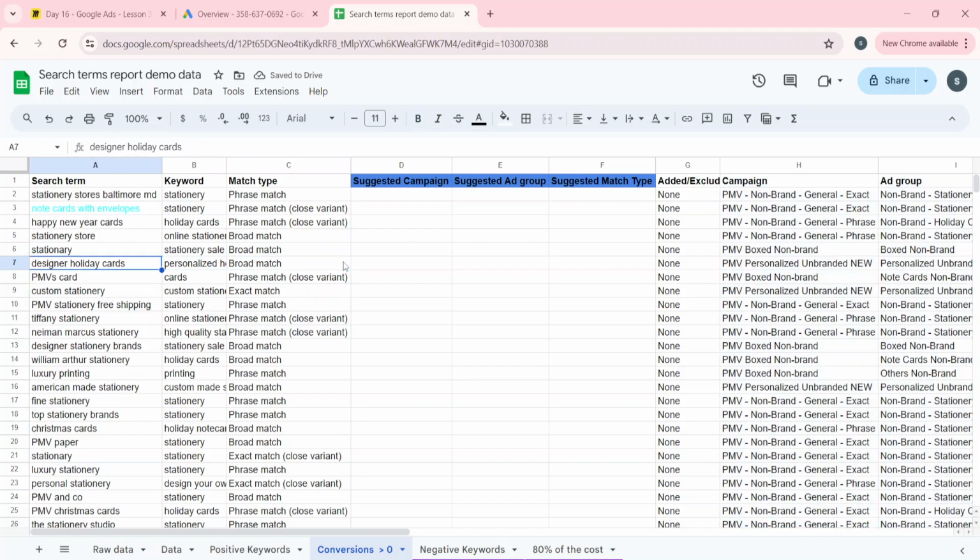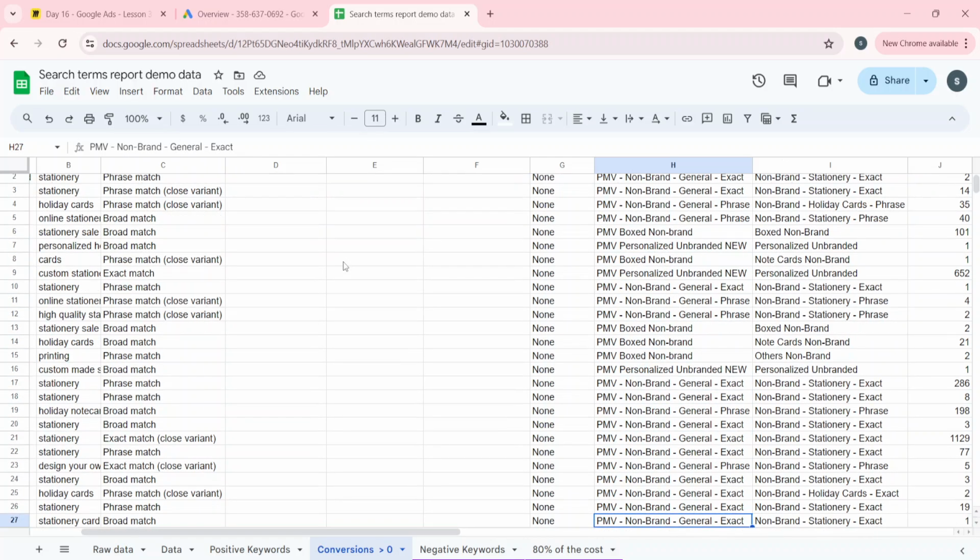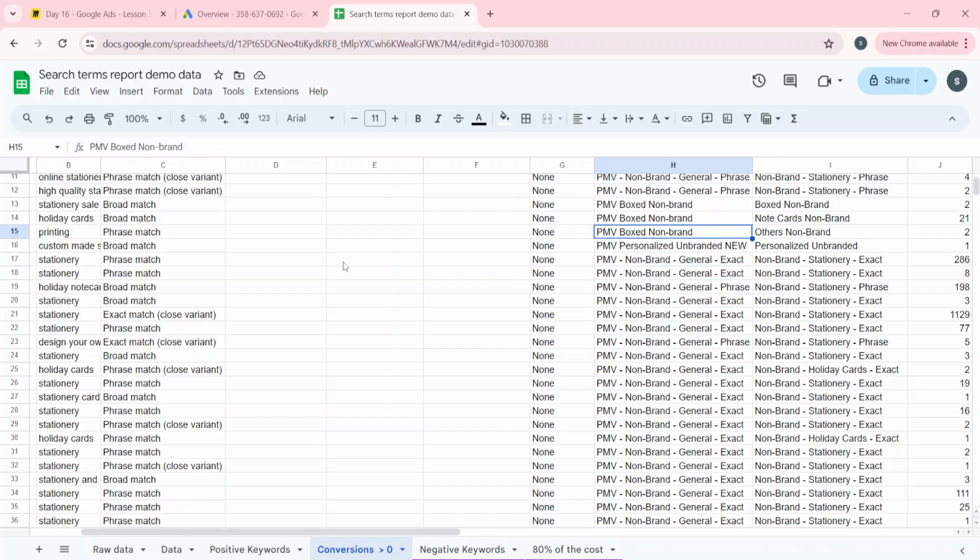So what is this note cards with envelopes? Let's check to which campaign it will be suited. Okay, so note cards with envelopes. You see here we have an ad group. This is suitable for this campaign and for this ad group, right? Copy this one, and